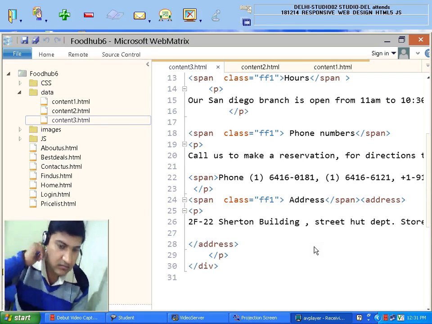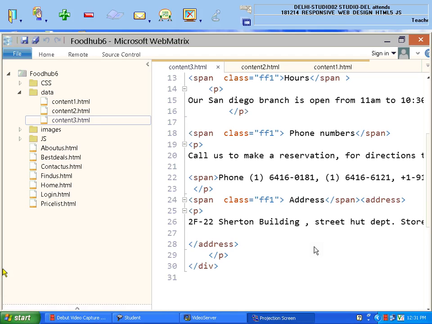Let's say, for example, I am making a program for a live cricket score, and I want to asynchronously connect with my web server, and I want that after every second my web page will update that portion of the page. Of course, with the help of programming, I can do that.